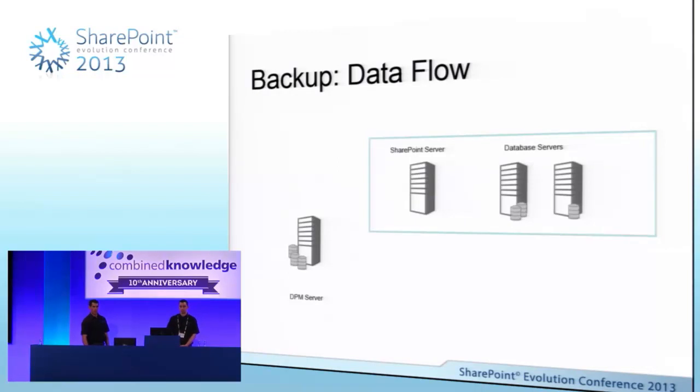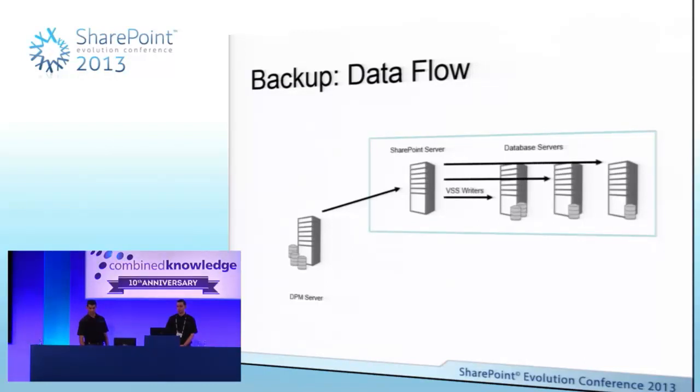So if you imagine the scenario that we create additional content databases, how does DPM handle this change? Here, we add another content database to our SharePoint farm, and we've added that database on another SQL server. DPM can automatically identify this topology change. The next time it carries out a backup, the VSS writers will recognize this. Again, once that request is made, we speak to the DPM agent on the SharePoint server. The VSS writer will be invoked on the new SQL server with the new content database and start protecting the